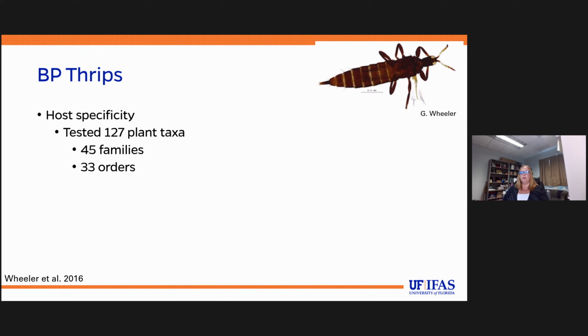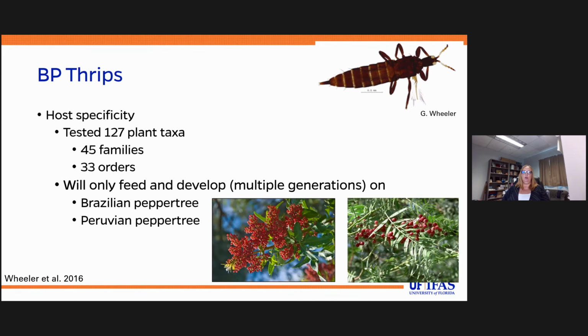These were also very thoroughly tested to make sure that they will only eat Brazilian peppertree. They were tested on 127 different plant taxa, so very, very extensively tested. Very diverse testing. They were tested on plants from 45 different plant families across 33 orders. And what they found was that these thrips will only feed and develop across multiple generations on Brazilian peppertree and